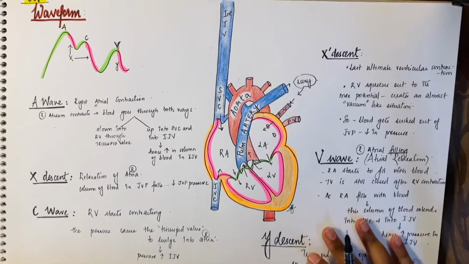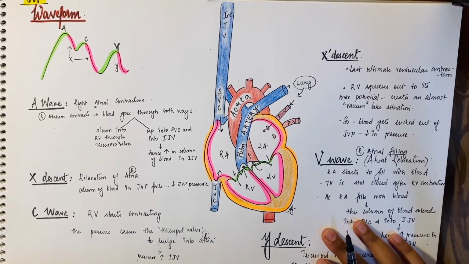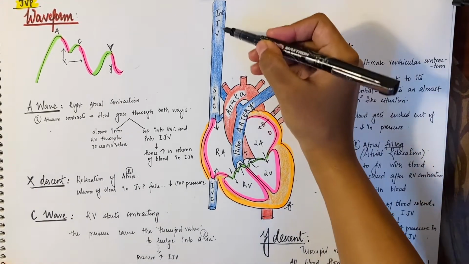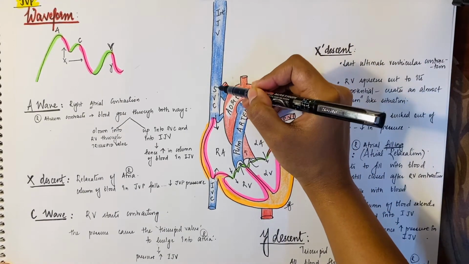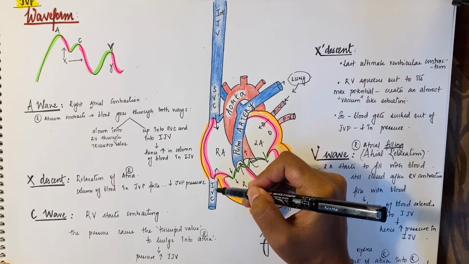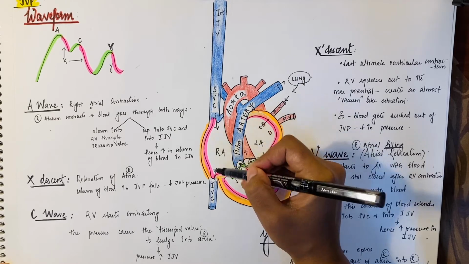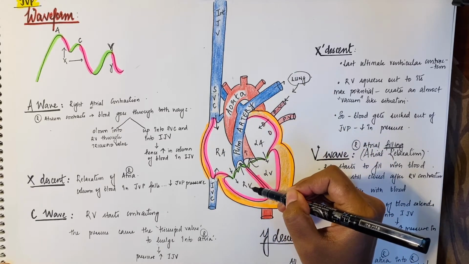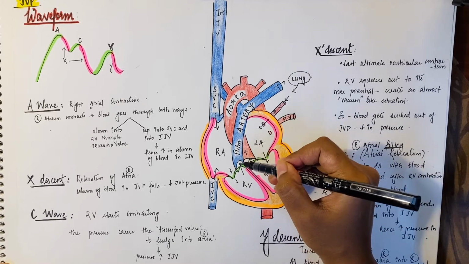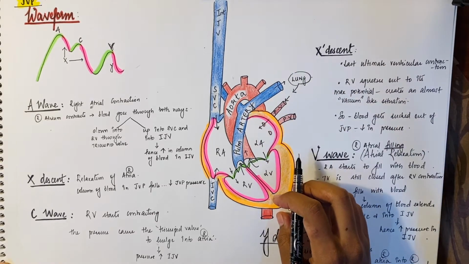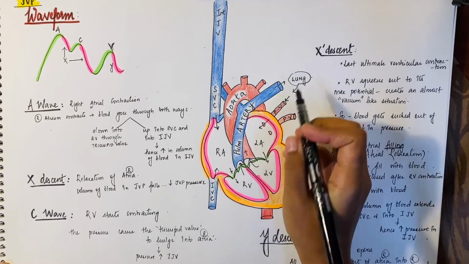We need to get into the basic functioning of the heart to understand the JVP. In this diagram, you can see that the internal jugular vein drains into the superior vena cava. Underneath, you can see the inferior vena cava, and all this venous drainage happens into the right atrium, which passes through the tricuspid valve into the right ventricle, through the pulmonary valve into the pulmonary arteries and into the lung. So this is what the right side of the heart to the lung really looks like.